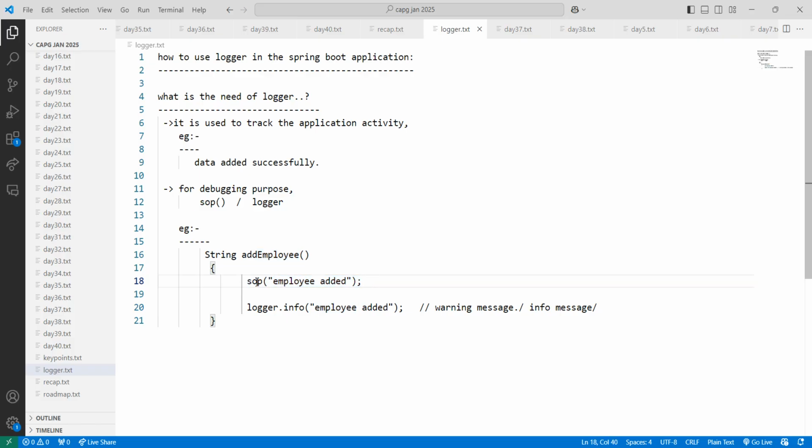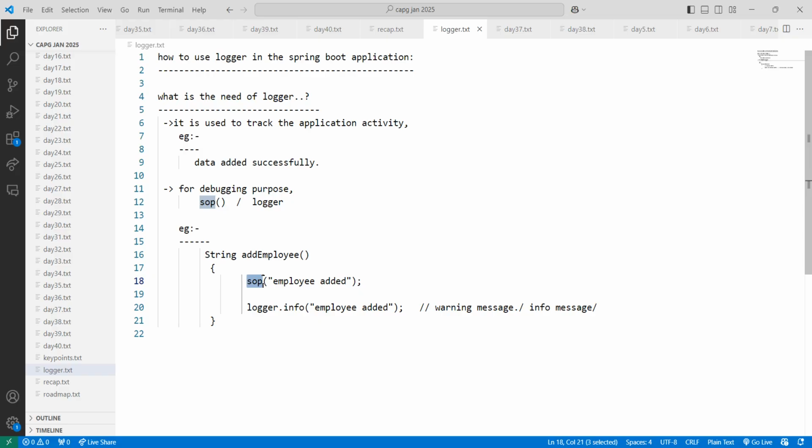If the client says remove all the print statements from all the functions, it is very difficult. You have to go and comment them out, and if you want to see them again, it is very difficult to add them back. But loggers are pluggable. Easily we can switch the logger on and off. So for debugging purposes we can use Logger.